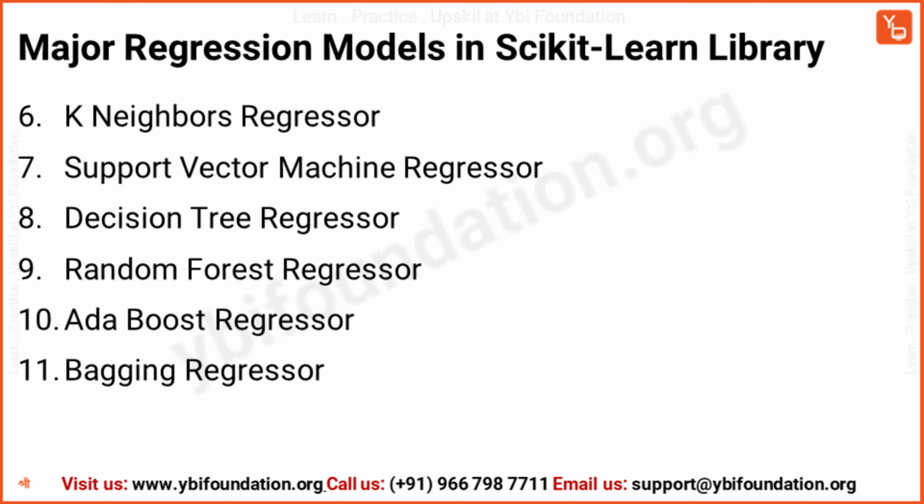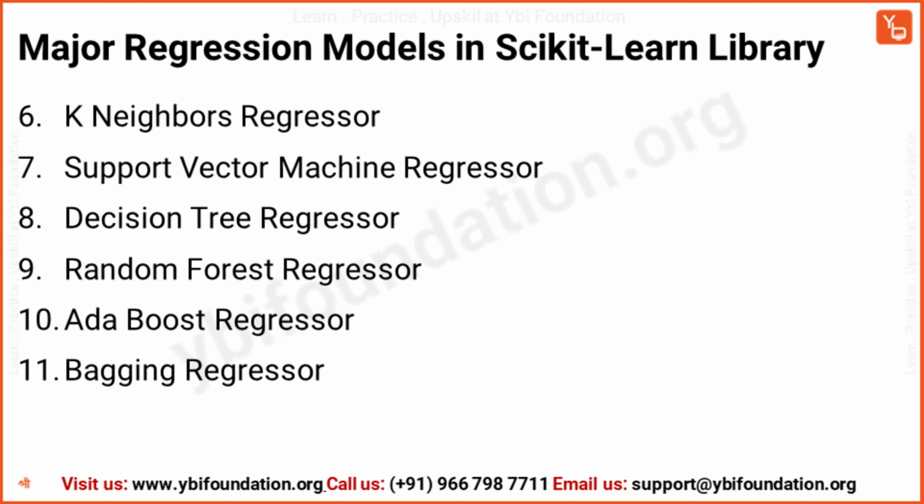And decision tree regression. This model splits the data into subsets based on feature values, creating a tree structure for predictions. Now let's understand about the ensemble models which use combination of other models for prediction. First up, the random forest regressor. This model uses an ensemble of decision trees to improve prediction accuracy and control overfitting.